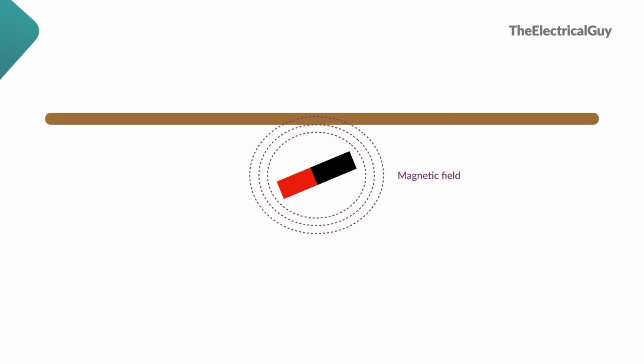Let's say I have a conductor as shown. No current is flowing through this conductor. Now I bring in a magnet near the conductor and start rotating it. Of course, this will produce a rotating flux. This flux will link to my conductor. And as per Faraday's law of electromagnetic induction, an AC voltage will be induced in the conductor. And if the conductor is short-circuited, current will start flowing through the conductor.